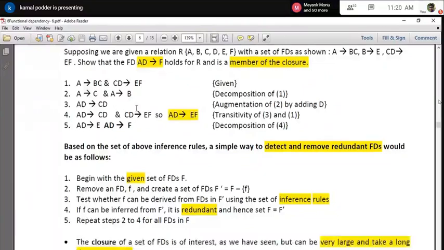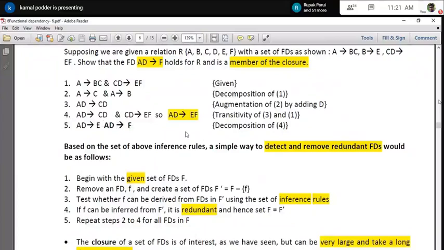Now, if you just see here, AD depends on CD, and at the same time I have an FD that is EF depends on CD. If you write both side by side, you can get, by transitivity, AD determines EF. So I will get that particular FD by applying the transitivity rule. If we have these two, then I can write that this FD exists. If I decompose that again, I can say that AD determines E and AD determines F, like this.